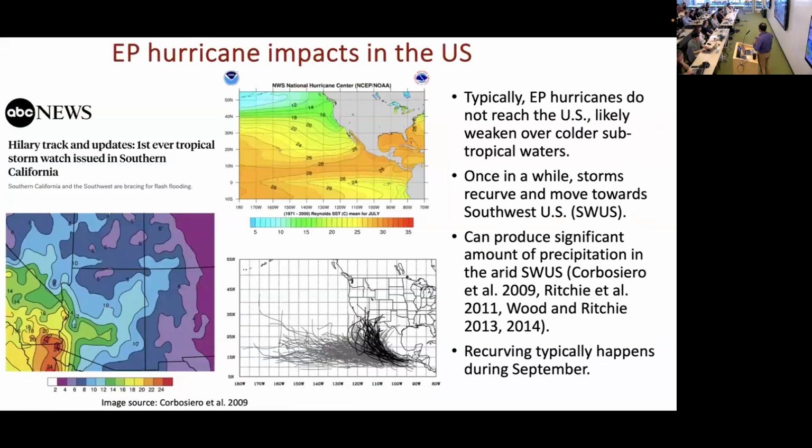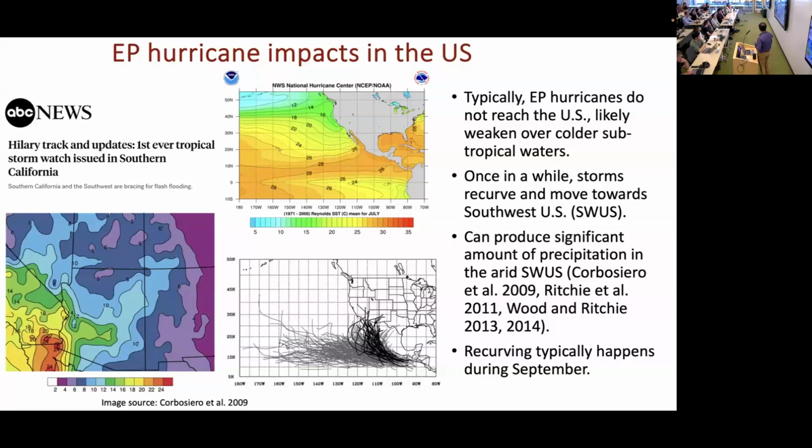Now, as I mentioned, the majority of these storms don't make landfall. That is mainly because of the steering flow. Another reason is, if you look at the top panel there, that shows the climatological SST. What you'll see is there is a strong meridional gradient in SST. So if these storms move north, they hit colder waters very quickly and then tend to weaken. So this is another reason why a lot of storms weaken if they go further north.